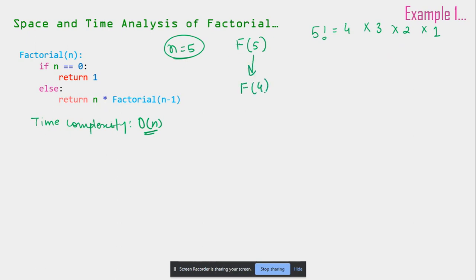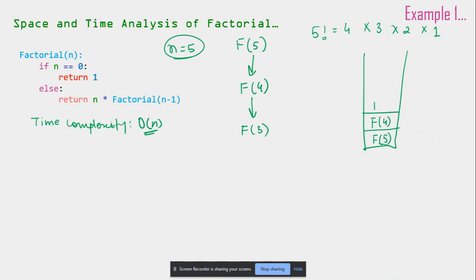So the function factorial of 5 is going to call factorial of 4, and the value for this is going to get stored in the stack. It is going to wait, saying that yes, I'm going to get the value. The function is in the stack, in the memory, and the variables of factorial 5 are still there. So it needs factorial of 4, so factorial of 4 is going to come into the stack in the memory. But for factorial 4, I need factorial 3.